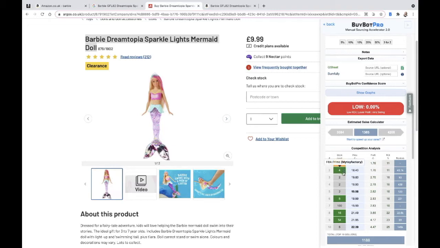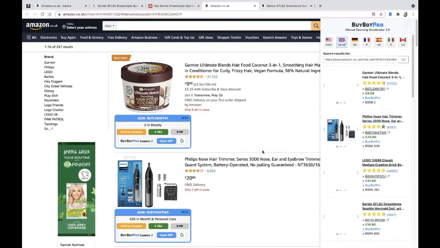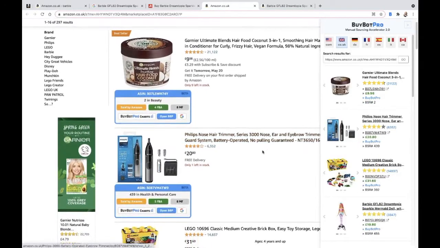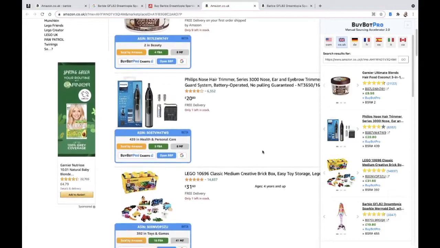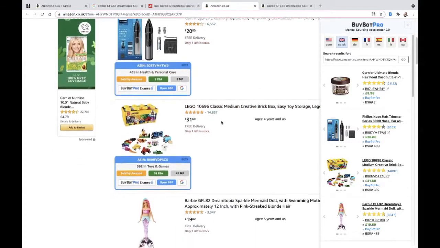But you can click on one of these and it will take you through to the store front for that seller. So you can go through and see everything that's going on for that seller and what other products they're selling. So that's brilliant in terms of being able to source and see what other people are selling and be able to get the best deals and find the best deals. And of course, you can always look at Google Shopping and see if you can get things cheaper elsewhere.